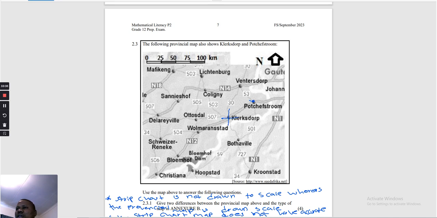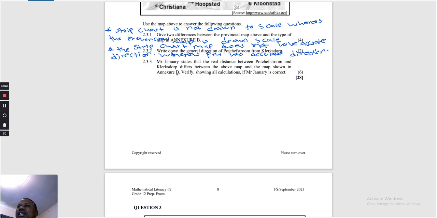Okay, better now. Then we join these 2 points. Perfect. Then we can see the north is here, south, west, east. So the direction here is the north, east. So this is 2.3.2. The direction there is northeast. Okay. Then